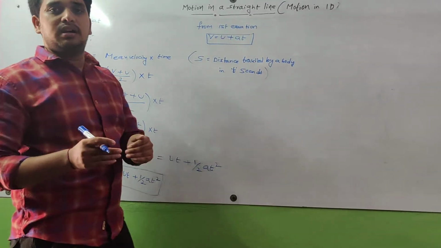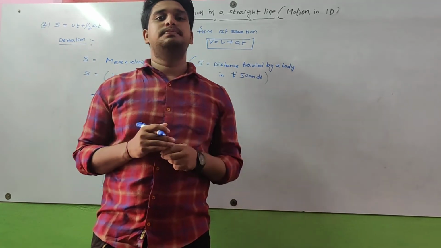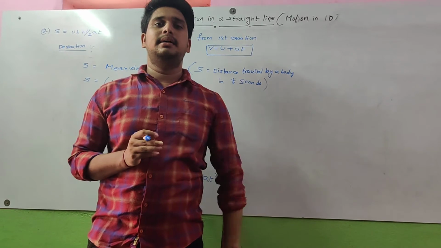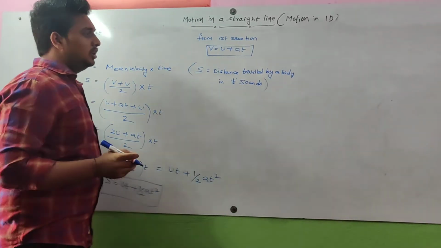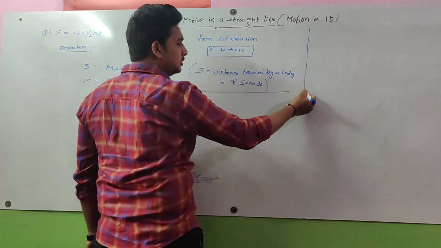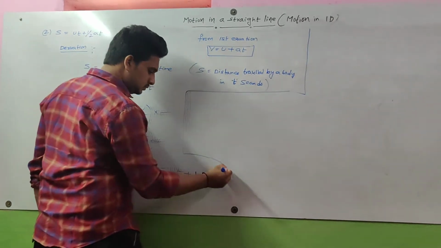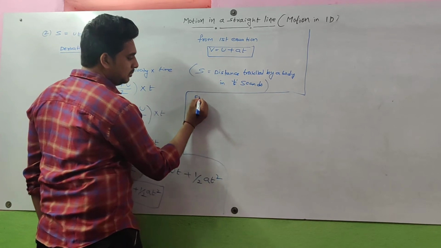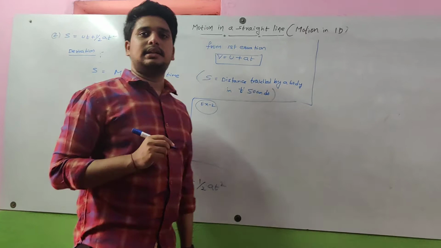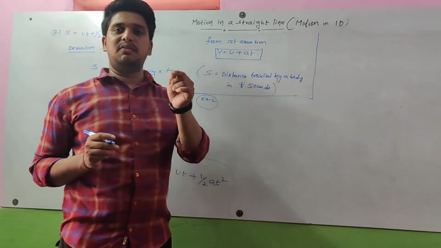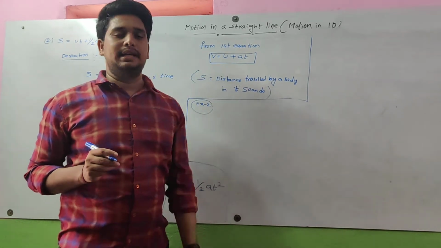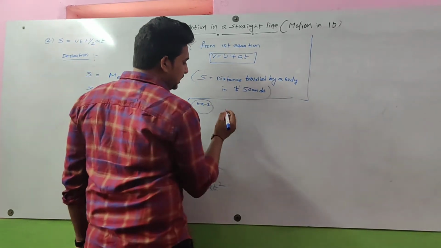Now we discuss one example problem. If I discuss this example problem, you will get a clear idea about this equation. So let us consider one example problem here. Example problem 2, because in the previous lecture we explained example number 1 based upon the first equation. Now we discuss example number 2 based upon the second equation.